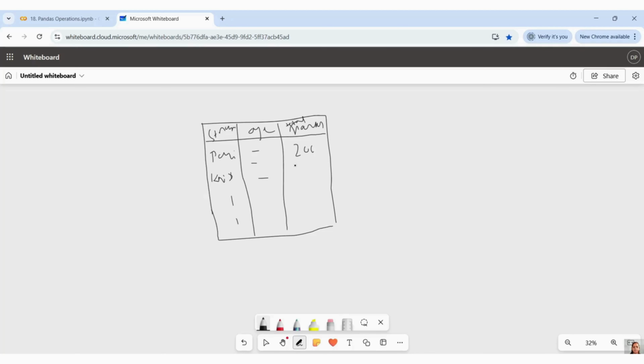Total marks 200, then 300 out of 750, out of 750, 100, 300, then 700, then 650. Something is wrong, and here Invalid came in between. Invalid. Maybe when filling up the data, somebody did it like this. Invalid.